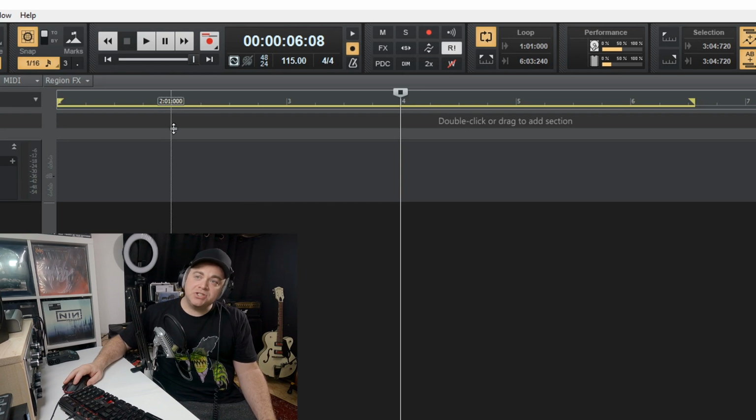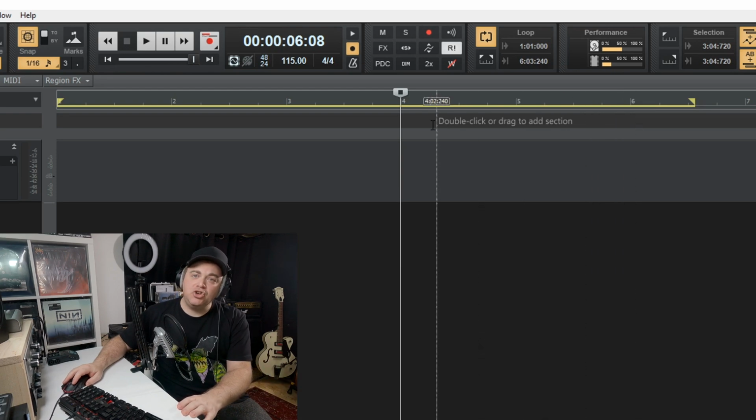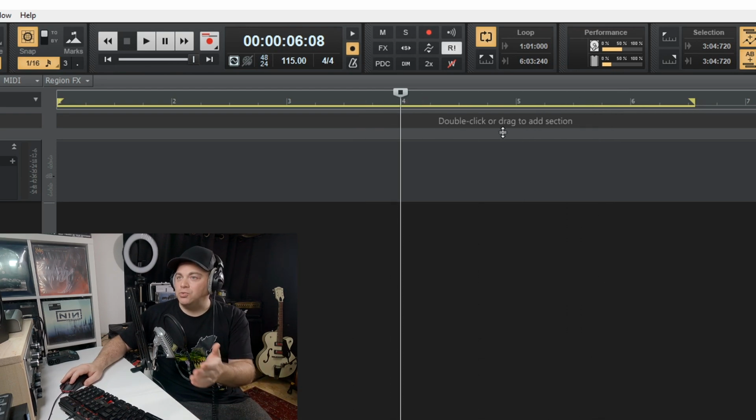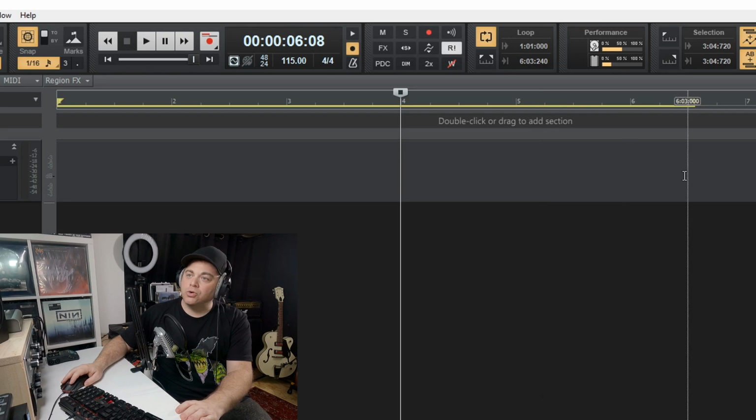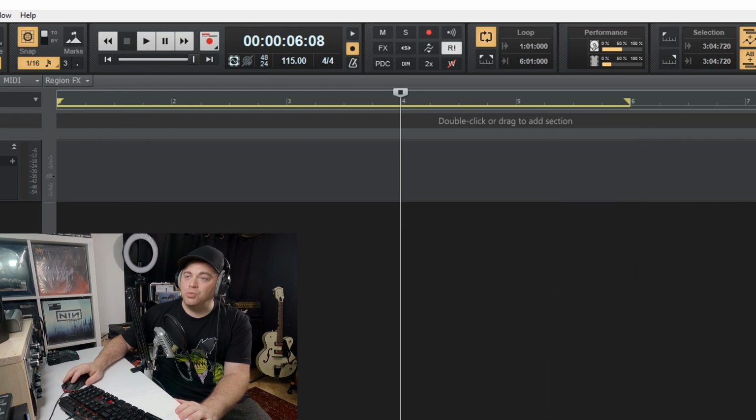And that's so we can catch the initial attack on whatever it is we're recording. Could be our voice, guitar, or whatever it is we'll record. We'll catch that initial attack that's going to come out a little bit before the bar right there. And then the same thing at the end, you want to capture the final release of whatever it is you're recording. So of course, you don't have to do this. You could set it for exactly 4 bars if you want. Now I'm just going to grab my bass guitar and we'll see how this all works.